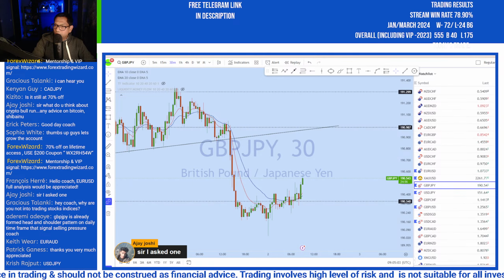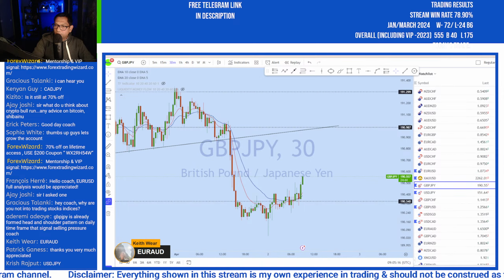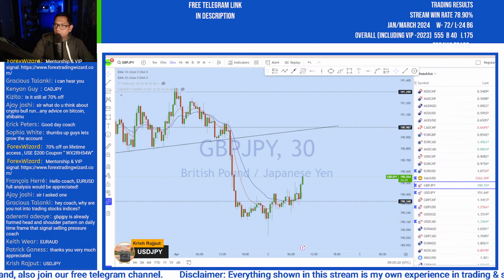Okay, so GBPUSD has already formed a head and shoulders pattern on the daily time frame that signals selling pressure. Euro AUD, thanks very much, appreciated. Patrick, welcome. Dollar yen, yeah, absolutely. Now looking at